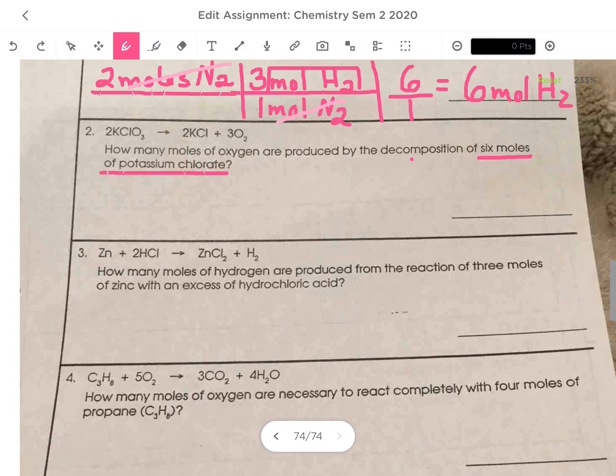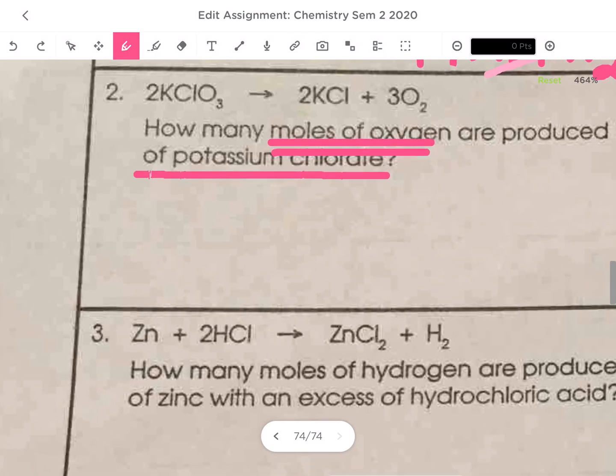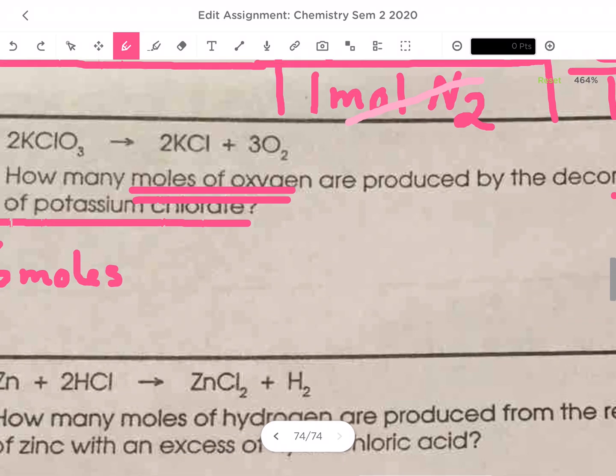My next step says double underline what you're trying to find. So how many moles of oxygen are produced? The next step says start with the thing you underlined one time. So 6 moles of